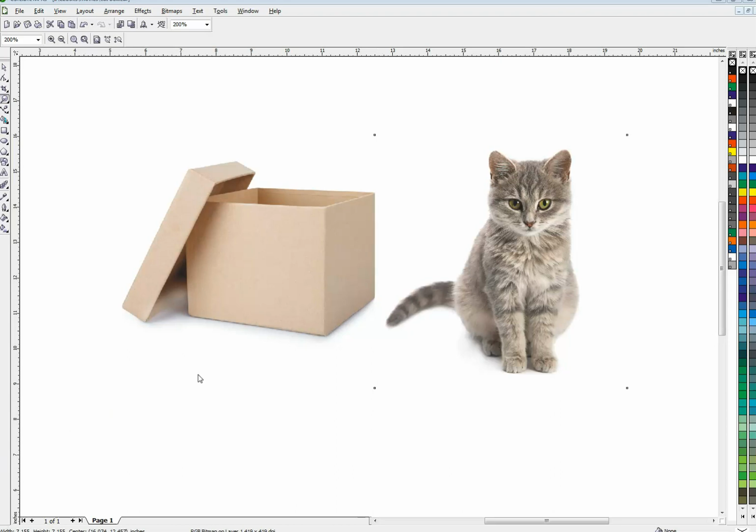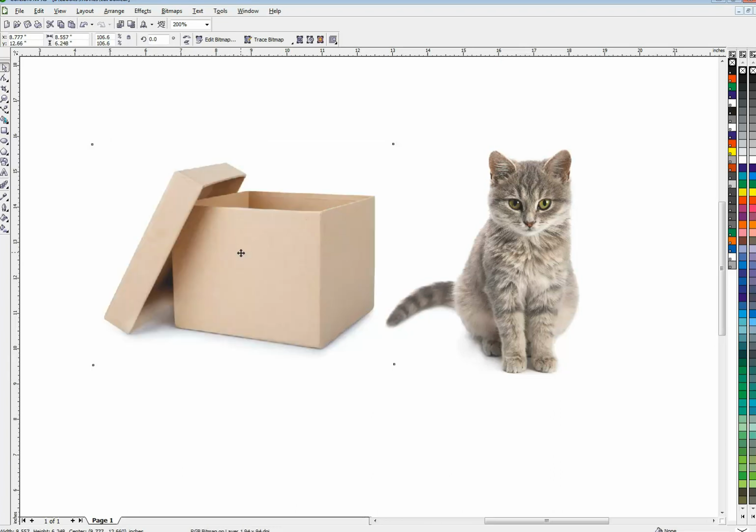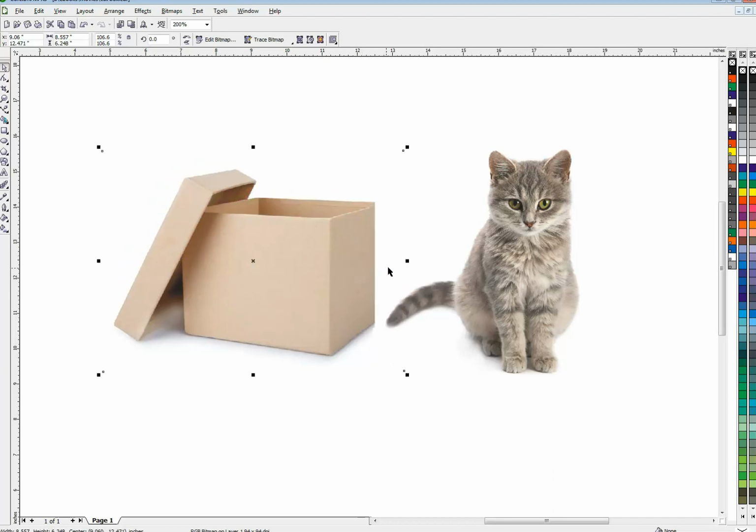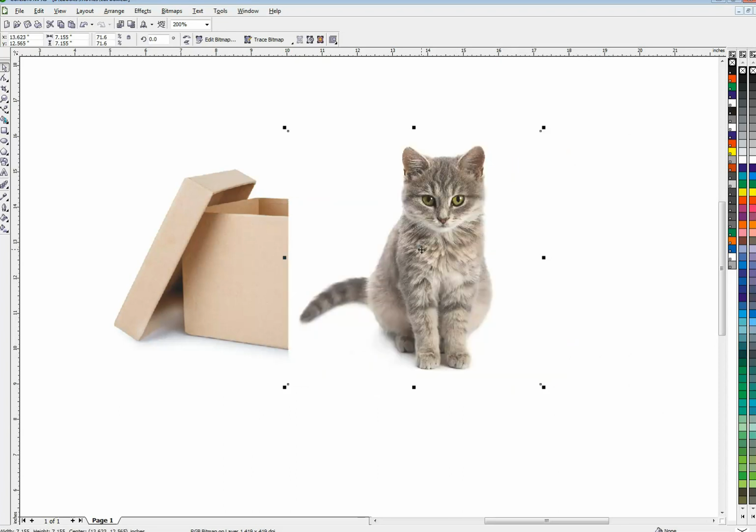Hi, today we're going to work on a kind of a fun project, I guess. We have a box and a cat, and let's put the cat in the box, see how that looks. Now, first problem is that these are JPEGs, so you can see the background is white, which I'm glad that it is because this will make it easy for